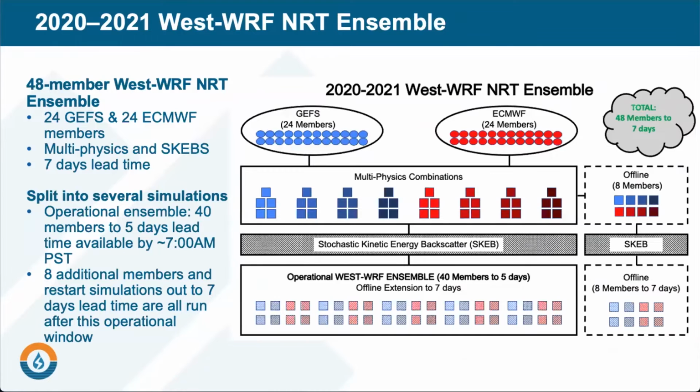This slide here highlights our ensemble, how it was constructed last year. So we had 48 members, split between GEFS and ECMWF. We used multi-physics and stochastic kinetic energy backscatter to help increase the spread within the ensemble. You can see on the right there the construction of this split between the members of GEFS and ECMWF, the multi-physics, SKEB, and then we run 40 ensemble members out to 5 days operationally,